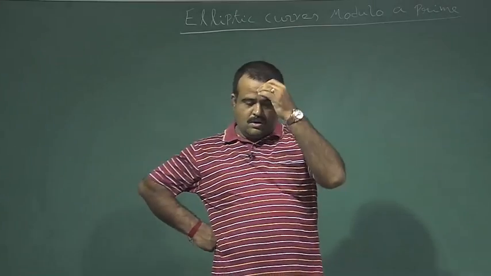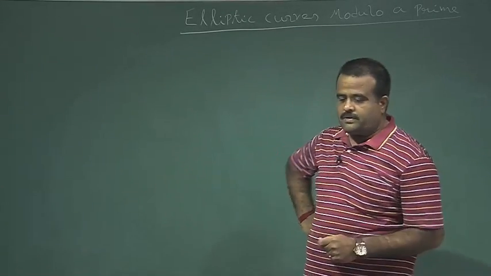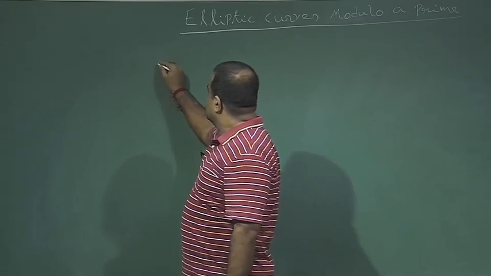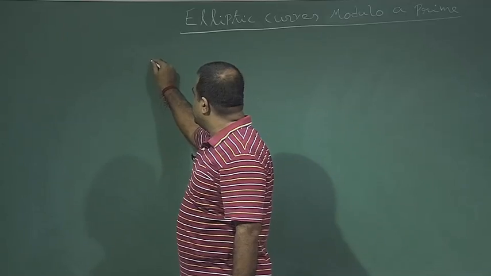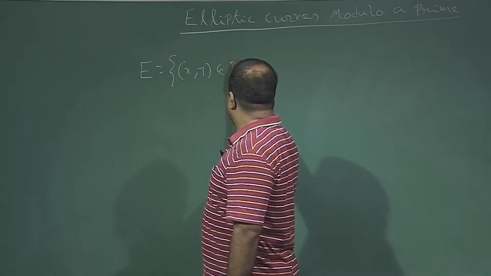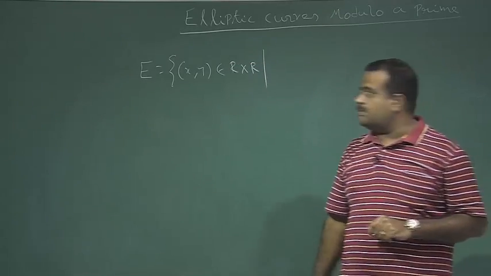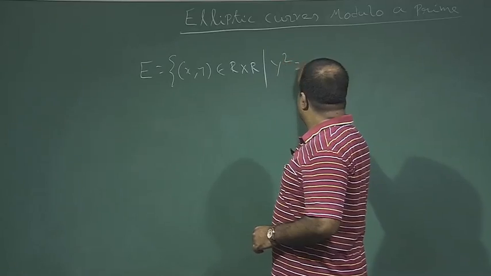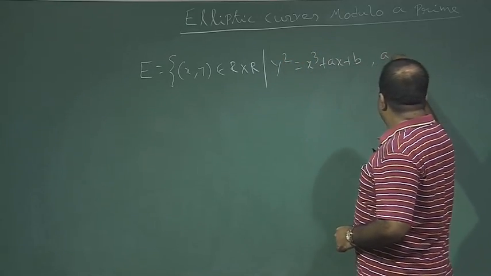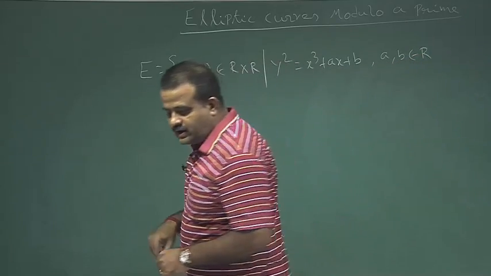Okay, so we will talk about elliptic curves over a prime Z_p, elliptic curve points over Z_p. So far we have seen the elliptic curve over R. This is defined as E, the set of (x, y) coming from R cross R, such that y squared equals x cubed plus ax plus b, where a, b are also real constants that satisfy the non-singularity condition,